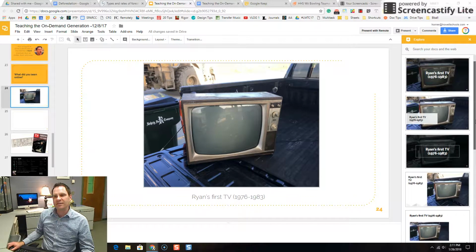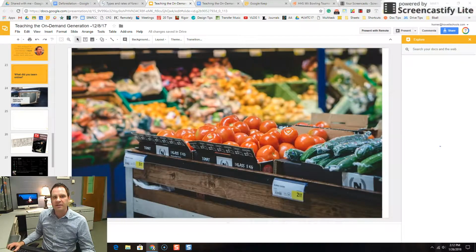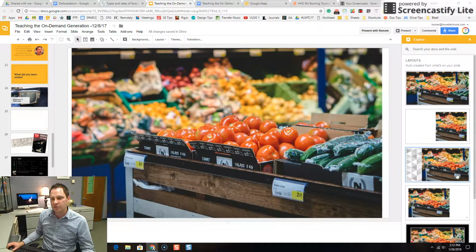One use for this, I like that, I might keep it, is you can do the 80-20 rule with your students, right? You can have them focus 80% of the time on creating the content for their slides and only 20% of the time on the layout and the presentation. Have them create all their content first, and then on each slide, they can go and click on a slide one at a time,